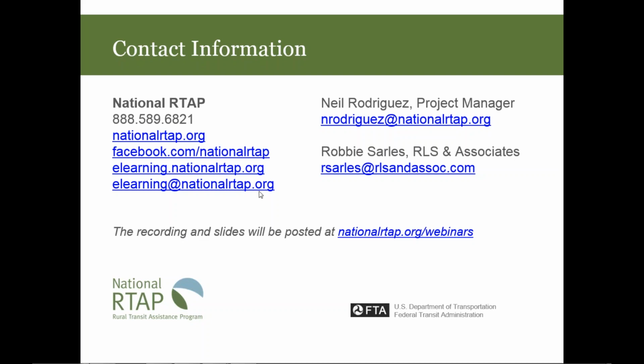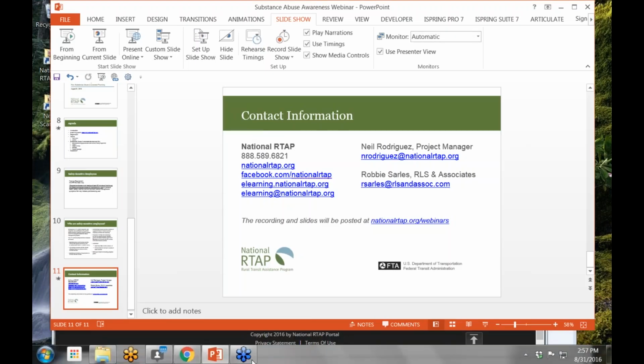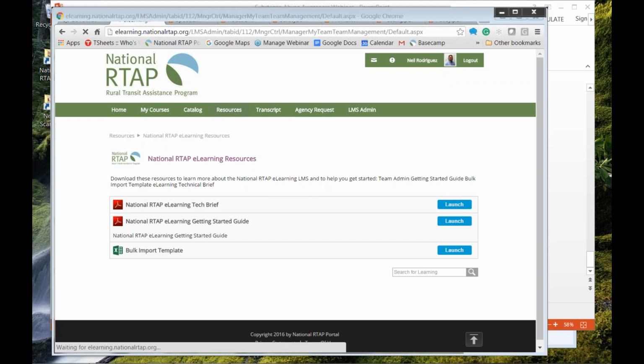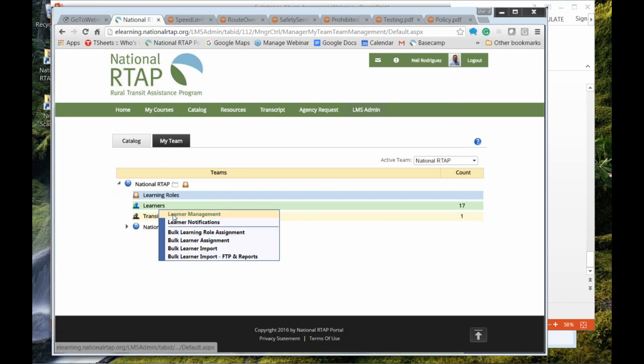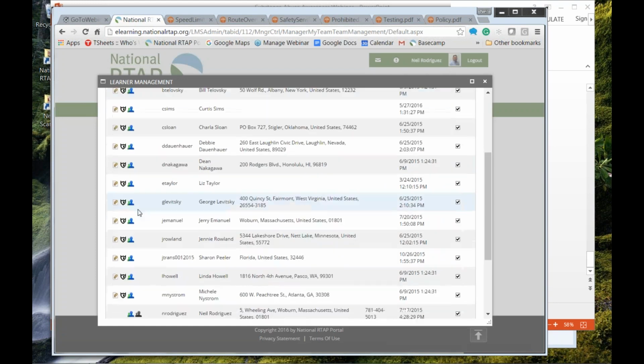How do you change the admin person, the team admin? Okay, that's a good question. Okay, let me pull up again. Change the admin person. So I'm an admin. I go here and I see my team, and I right-click on this icon, the learners, select Learner Management, and then I select somebody. I'll pick Mr. Jerry,